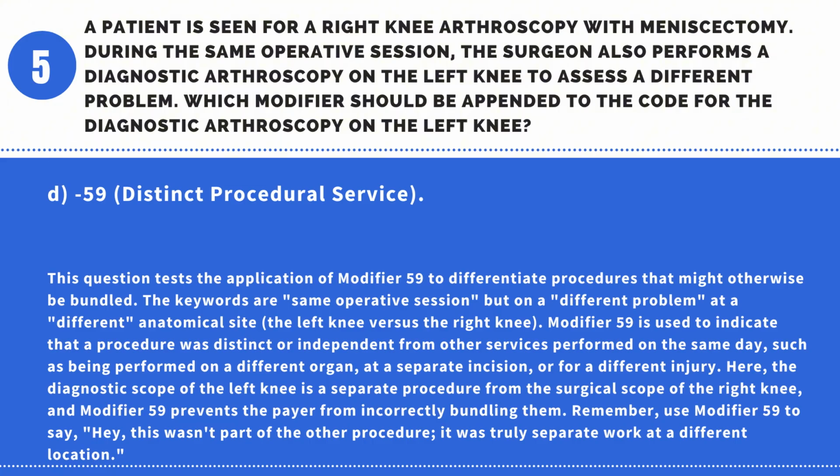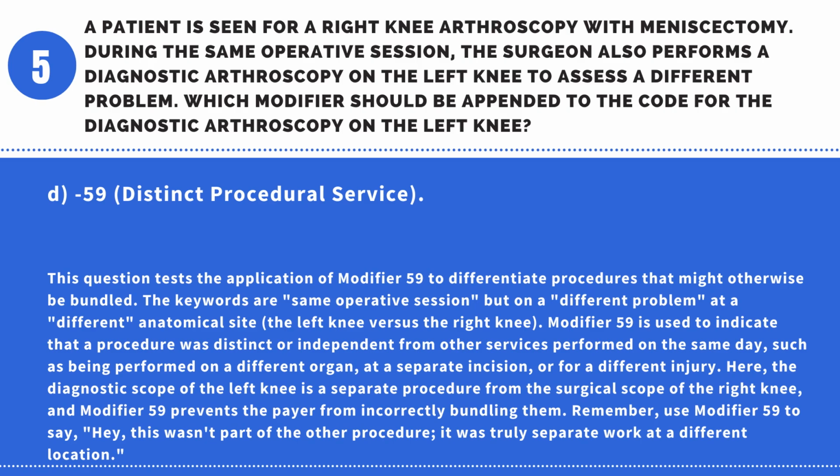This question tests the application of modifier 59 to differentiate procedures that might otherwise be bundled. The keywords are same operative session, but on a different problem at a different anatomical site, the left knee versus the right knee. Modifier 59 is used to indicate that a procedure was distinct or independent from other services performed on the same day, such as being performed on a different organ, at a separate incision, or for a different